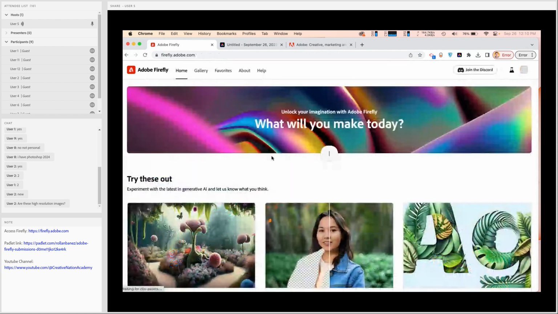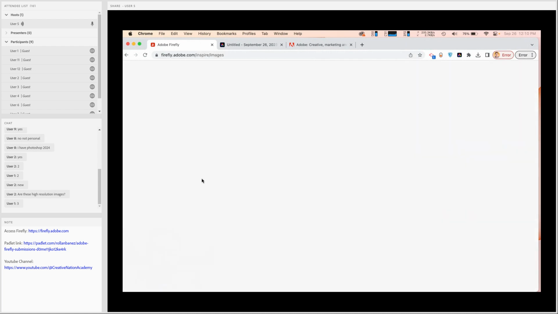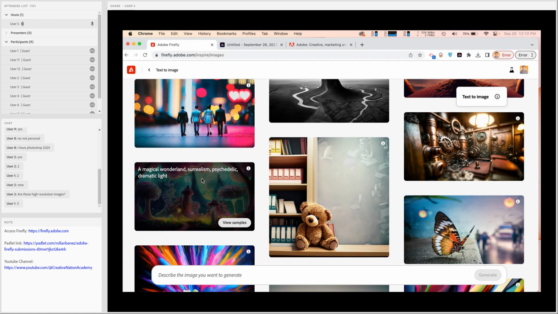Let's go back here and go to the final module, which is text to image. Let's click on text to image, and this will enable you to create any prompt from words to image itself.